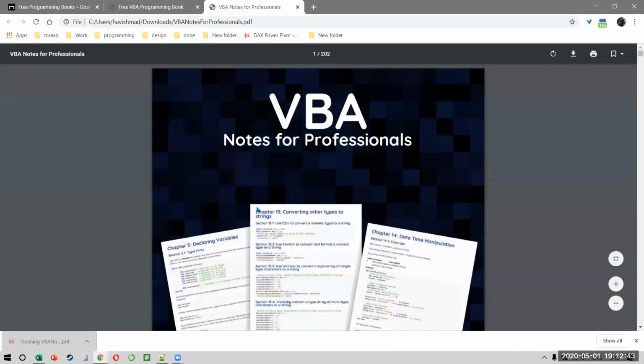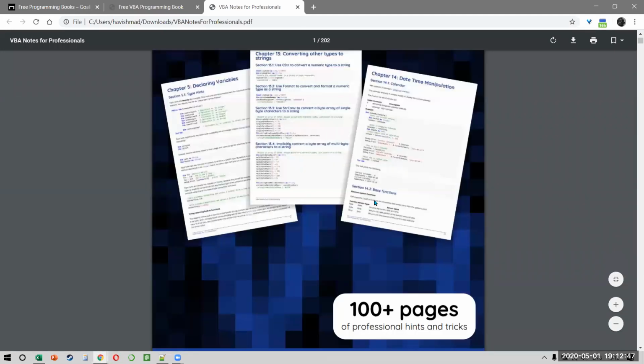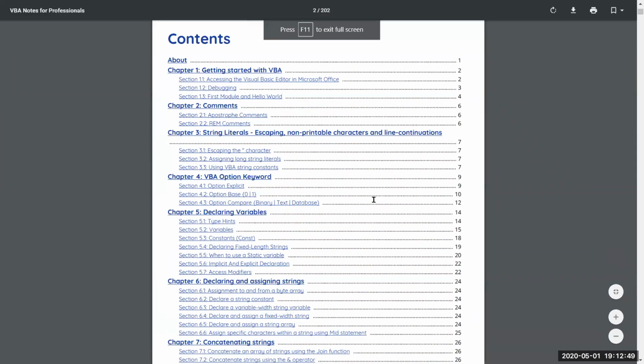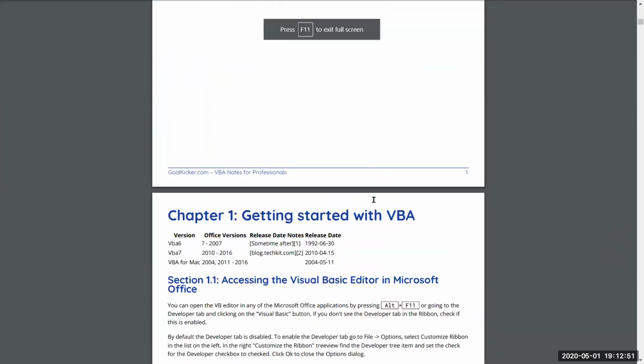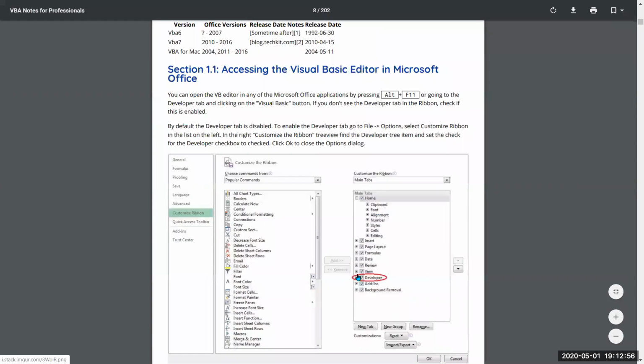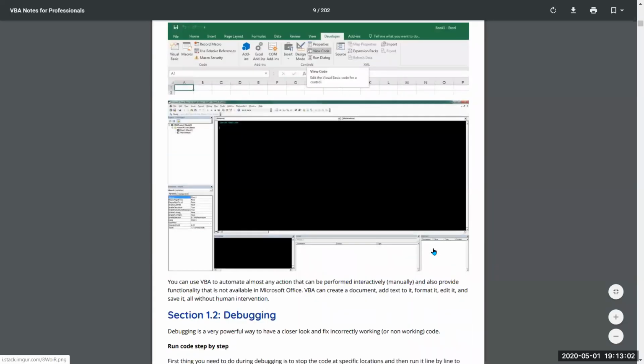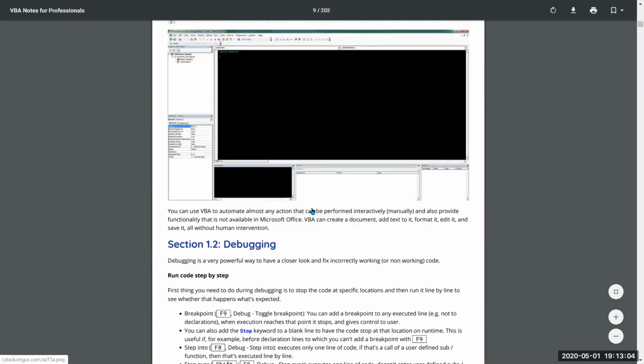So it's quite a large book, 202 pages, and they start off by explaining how to enable the developer tab. This is a recap for us also. You click on File, Options, Customize Ribbon, and then enable the developer tab. This is how the Visual Basic window looks.